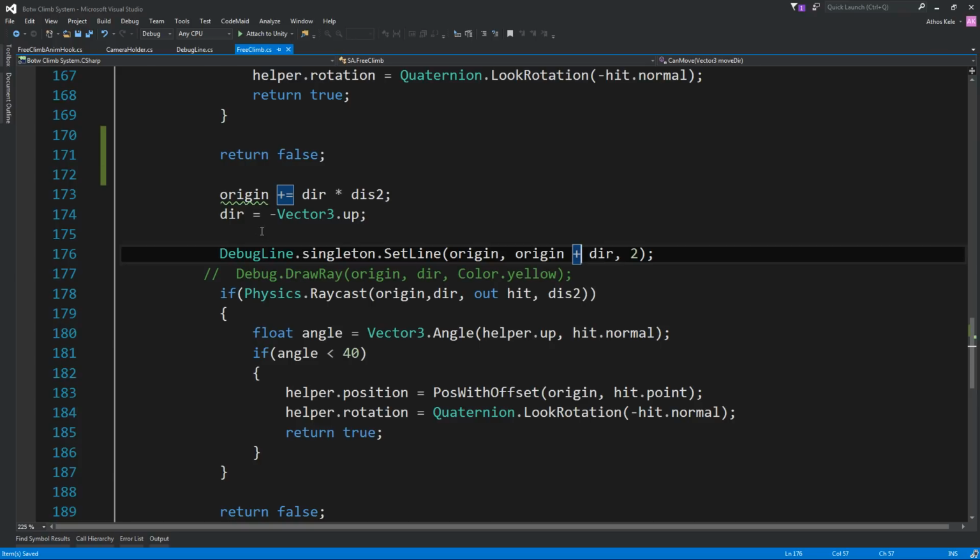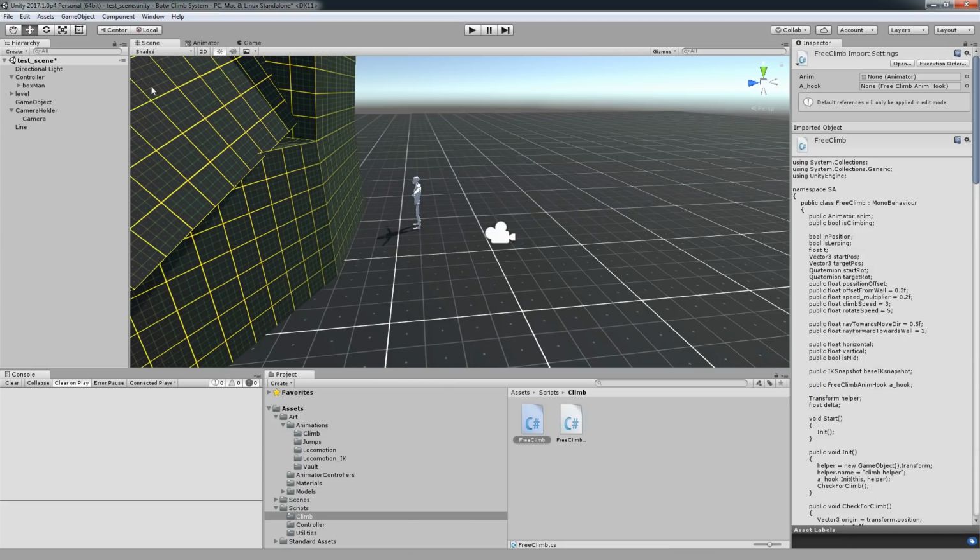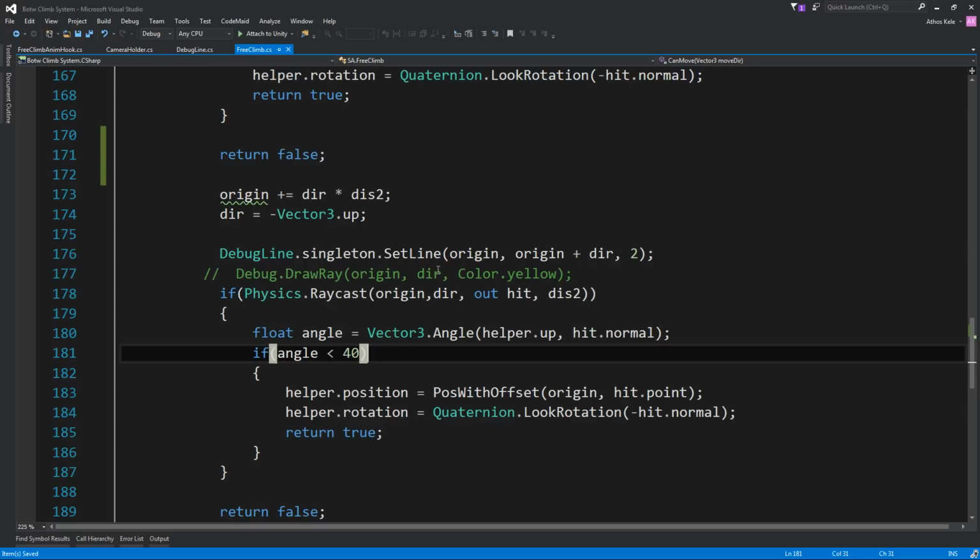Now we still need this, but I think we have to rethink this a little bit, because if it doesn't hit something, then it's going to be doing a raycast down, which is basically this case, and it will take that as our hit.